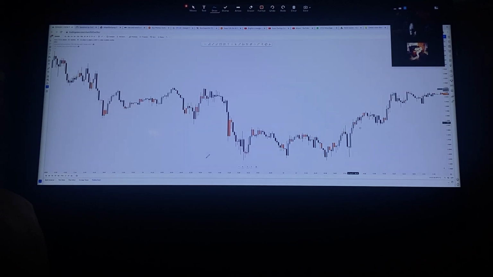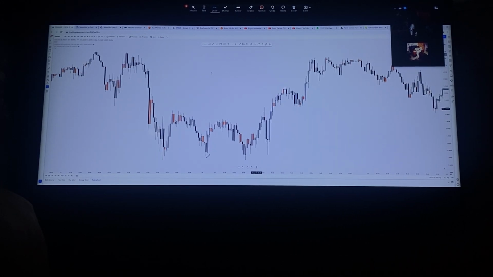Sorry, let me zoom in. Can you see that we had this downtrend here? Then this happened here. Right. Where were we expecting break of structure here? Yeah, the last lower high. Right? But where did this trend start from? Here. So does it mean when price came back here, you want to buy? You wait all the way for price to come here before you can consider a buy.